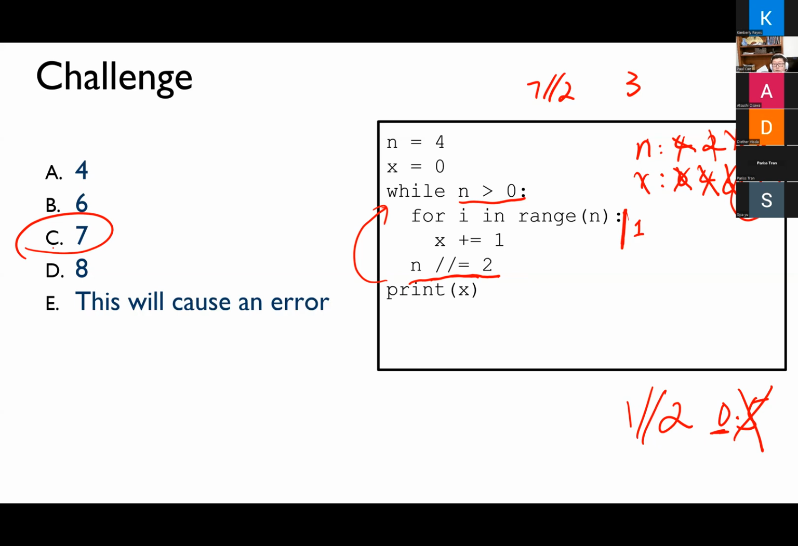Okay. Are there any questions about this part? All right. So let me summarize what we learned today. We learned both looping structures, break, continue, and nested loops, okay? So if you have questions, I will be happy to